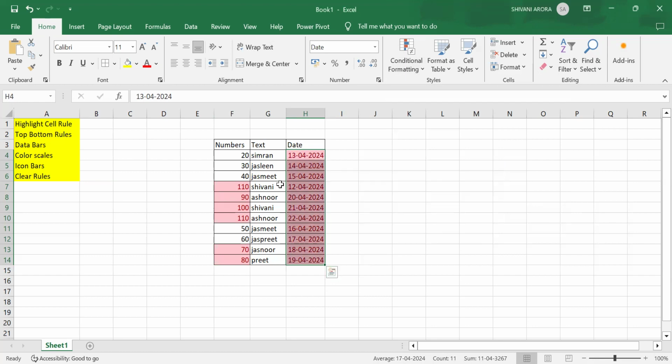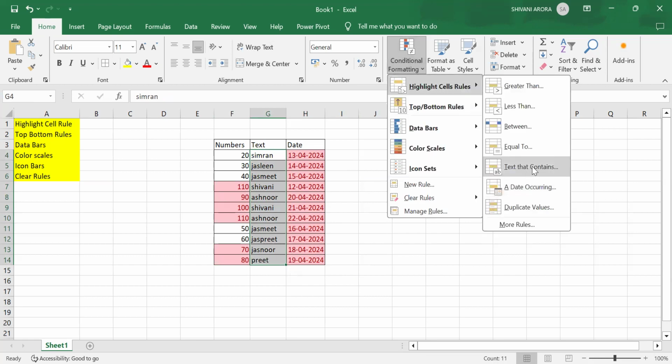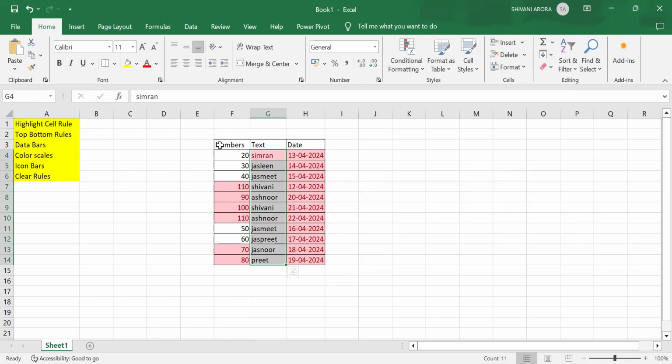So it got highlighted. And when I select this column, then a text that contains Simran. Okay, now